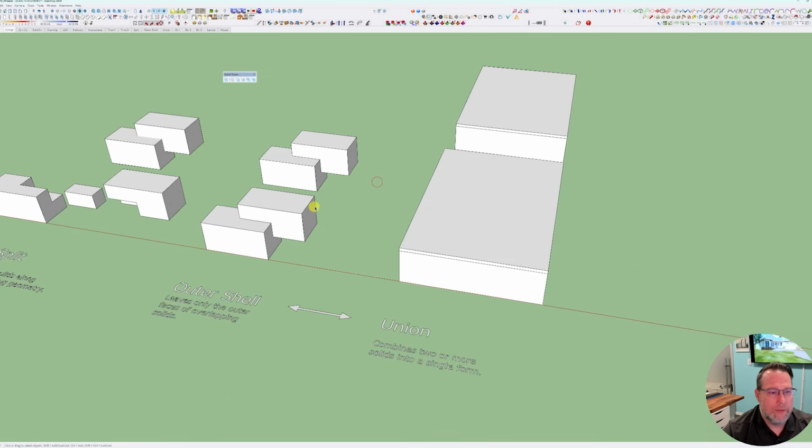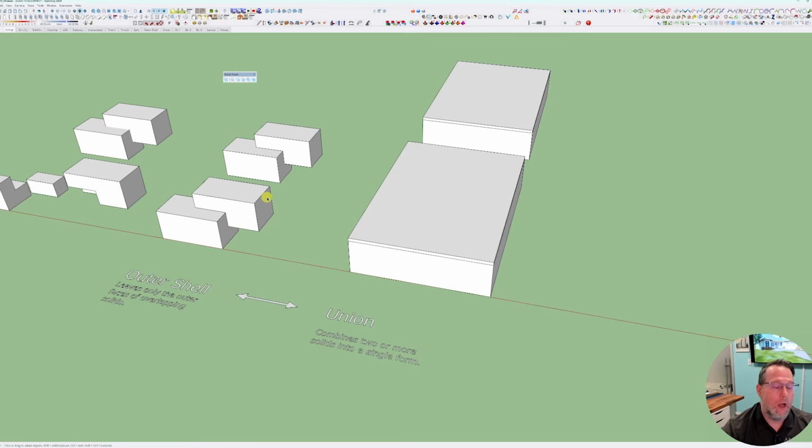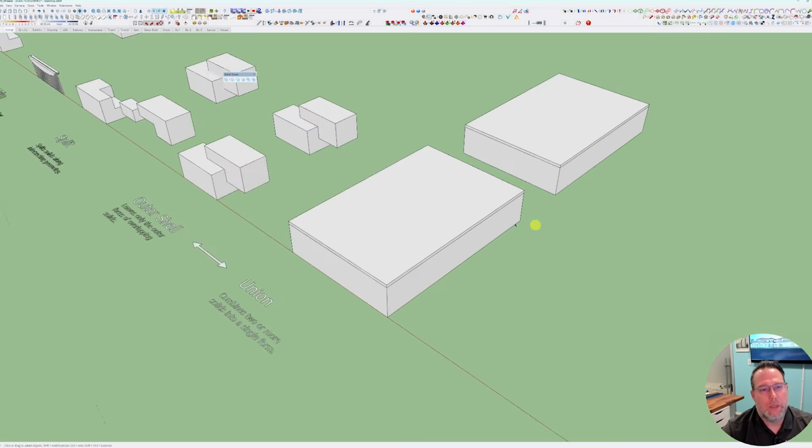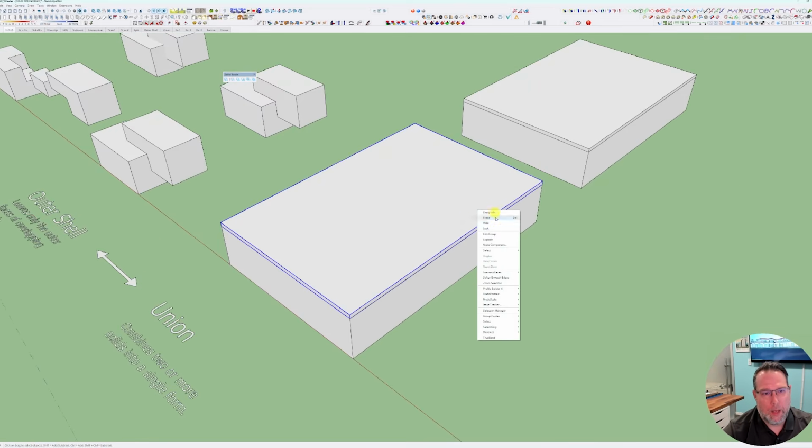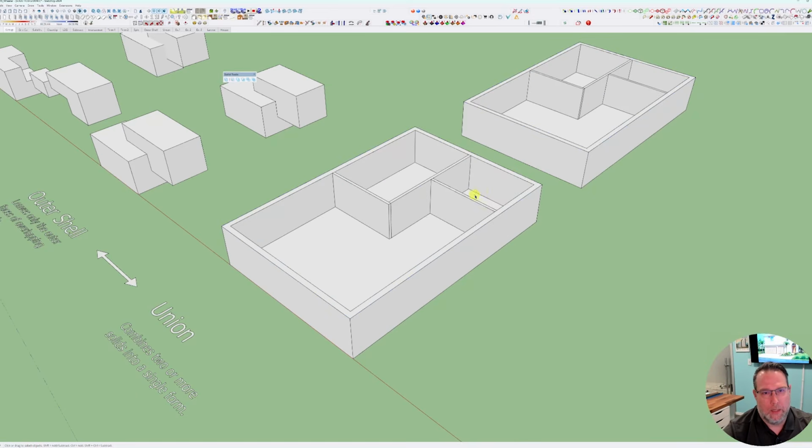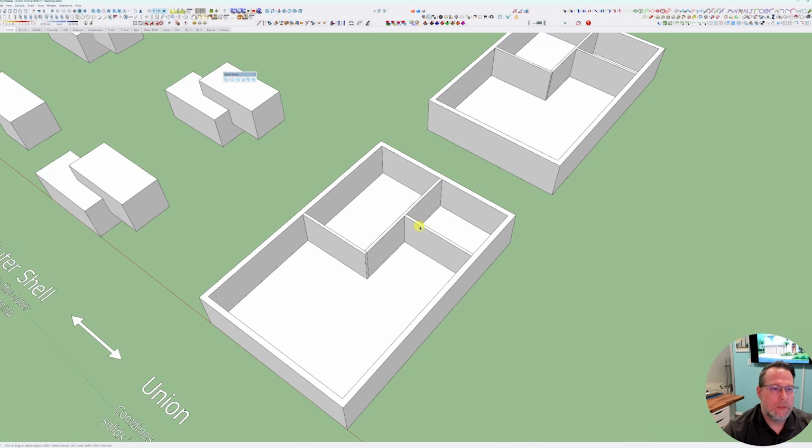The real difference is, and I honestly hardly ever use this one in reality, it tries to keep the information that's on the inside as well as the outside, versus outer shell is very clean and simple. So what does all that mean? I'm going to hide this lid right here on these boxes. So you'll see I have